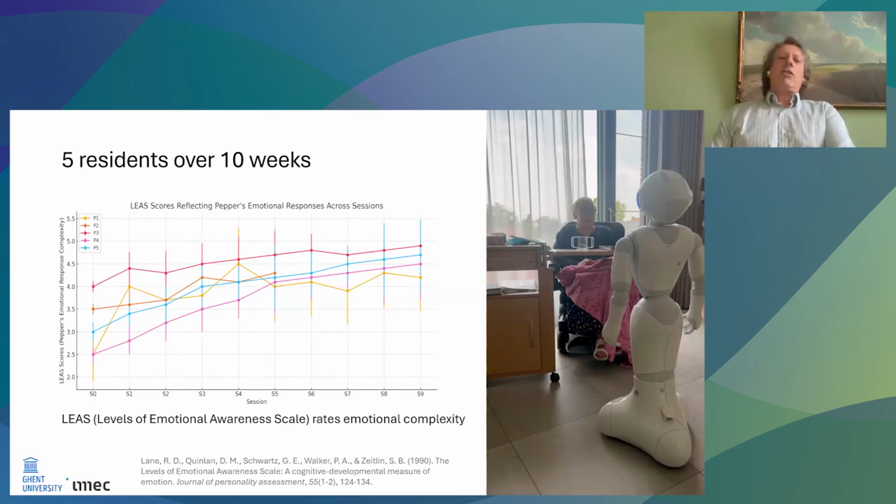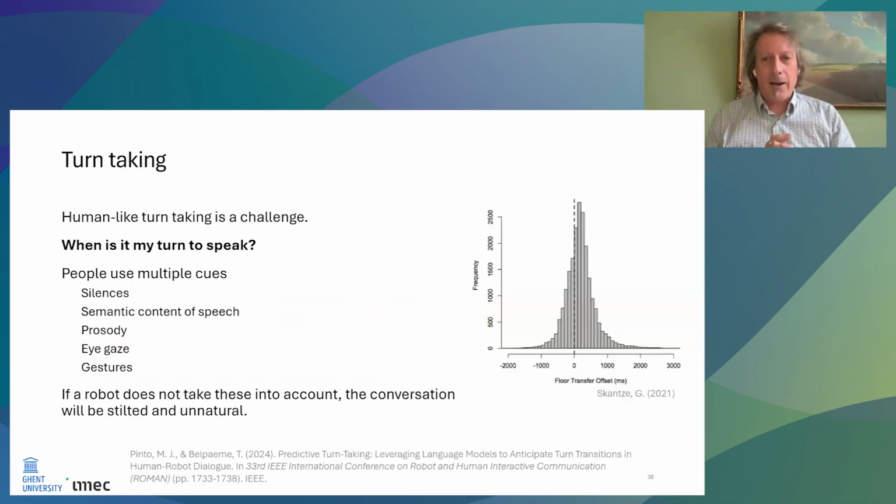Now, technically, there's tons of problems that we're dealing with. One, for example, is turn taking. I love this graph by Gabriel Skantze from KTH, where he shows how fast we are in taking turns during a conversation. What you can see is that a large part of the start of our turn actually happens before someone else has already stopped speaking. So we're so fast at taking turns. And the cues that we use are